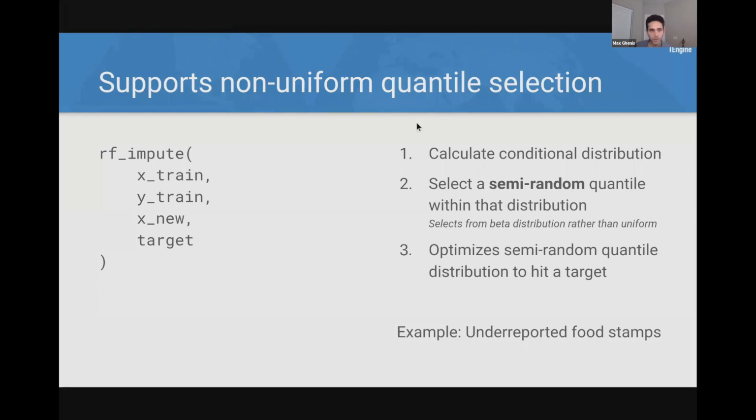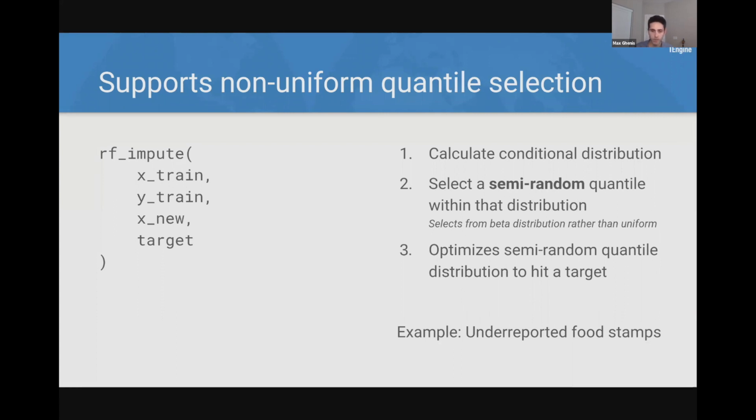We also do something that goes beyond the standard RF impute approach, where you also enter your target overall value that you want it to sum to. Instead of selecting a random quantile, it's going to select a semi-random quantile. This basically means it's going to select some variable value from the beta distribution rather than a uniform one when it's predicting which quantile to select. And it then optimizes this